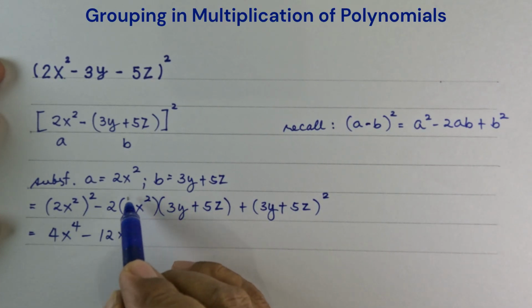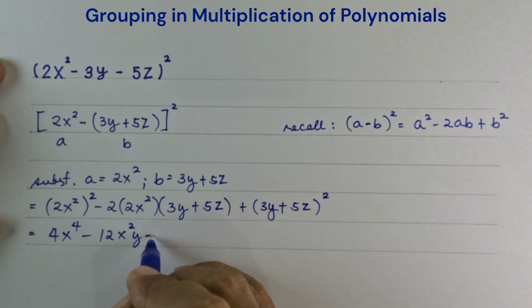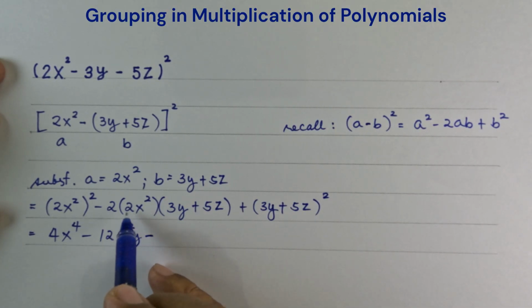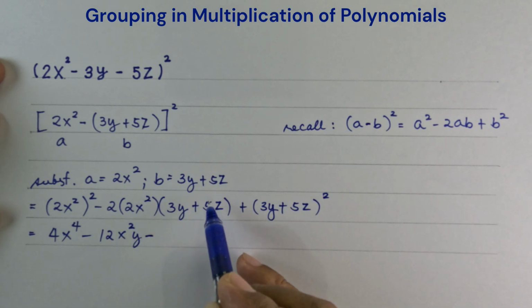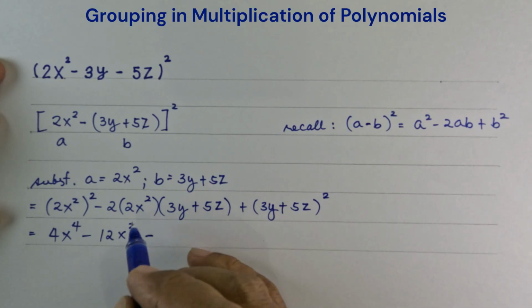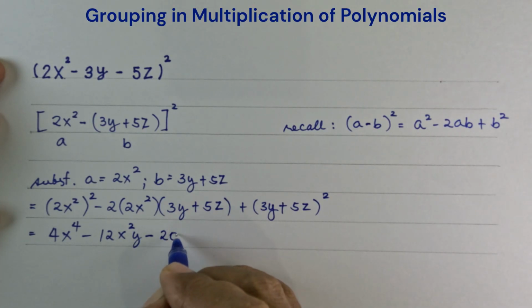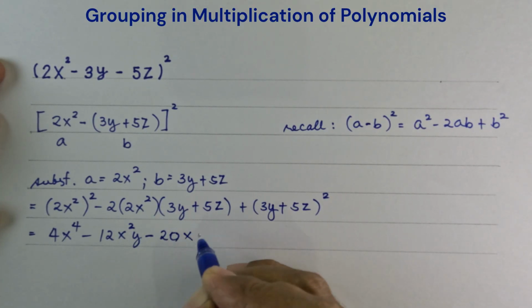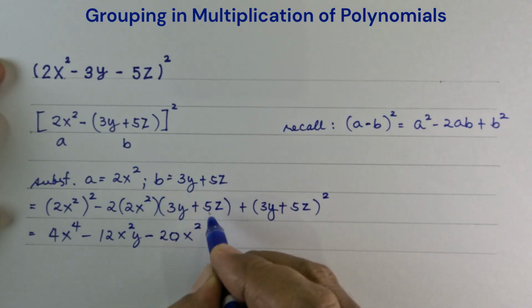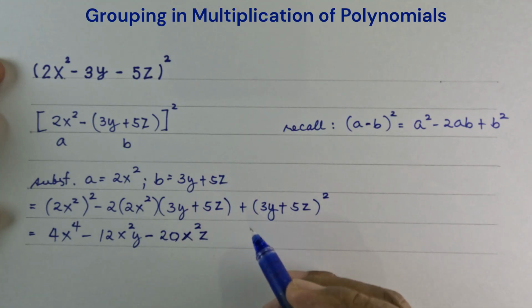Then this times this one, so that's minus 2 times 2 is 4 times 5 is 20 x squared z. So that's minus 20x squared z, plus